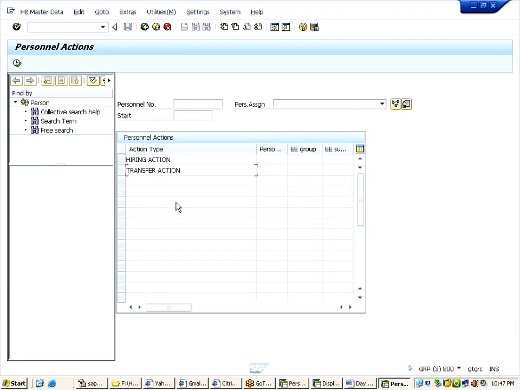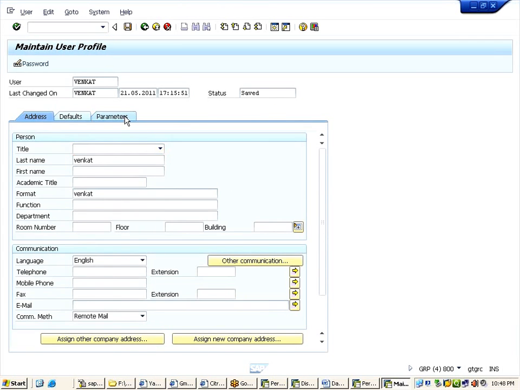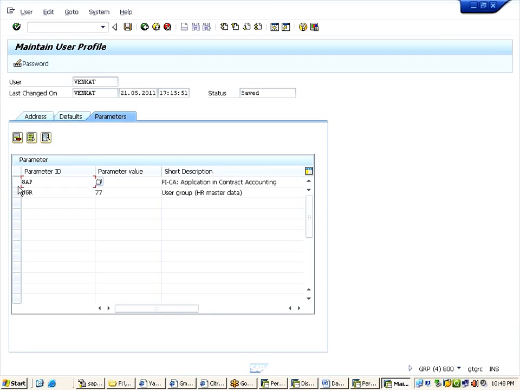Now if you go to PA40, you are seeing all the standard actions. That means you can switch between standard entries, your entries, or any other user entries by using SU3. Is that clear, guys?